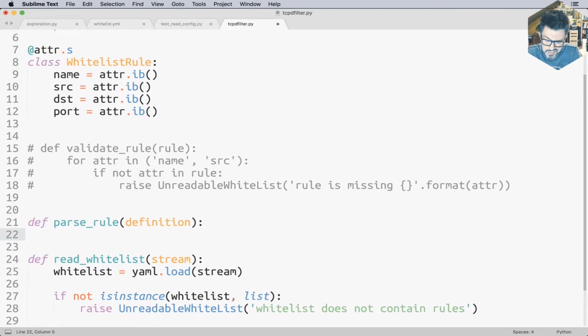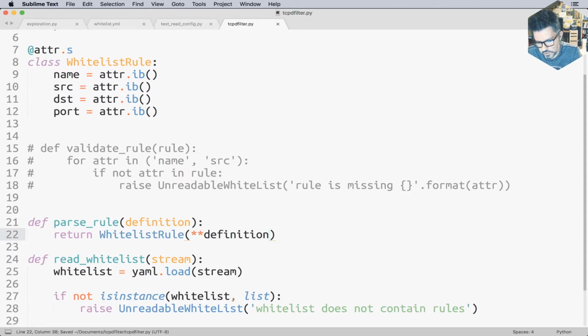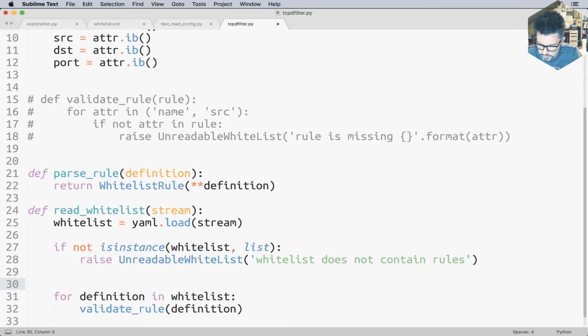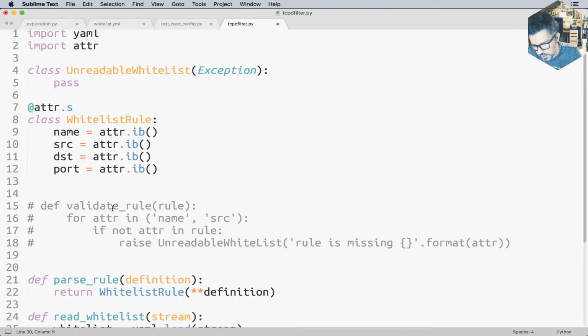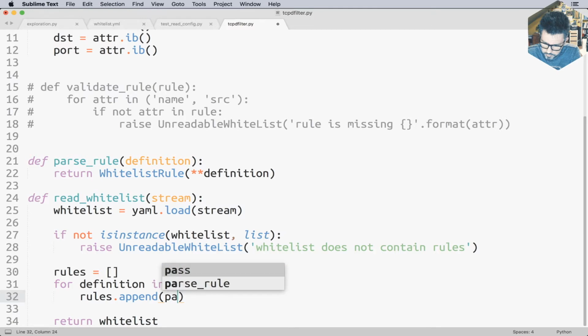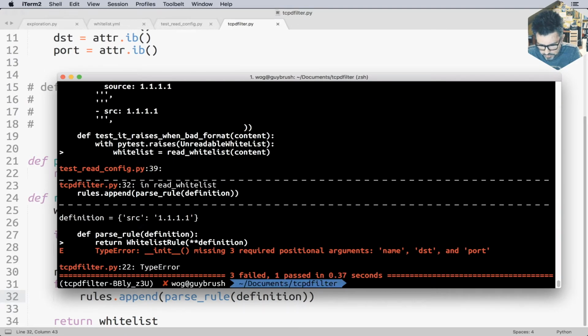And if I remember correctly, it's going to be a return whitelist rule, and then I'm passing the definition dictionary, and it should create the object like this, peacefully and without screaming. Let's see what it does. So I need to put this in the list because I'm going through a list myself, but I want to create another list, not with just these dictionaries, but with my attrs, my whitelist rules objects. Rules equals an empty list, and then for definition in whitelist rules, append parse rule of definition. And now my test should no longer pass because I've done a refactoring, but first,